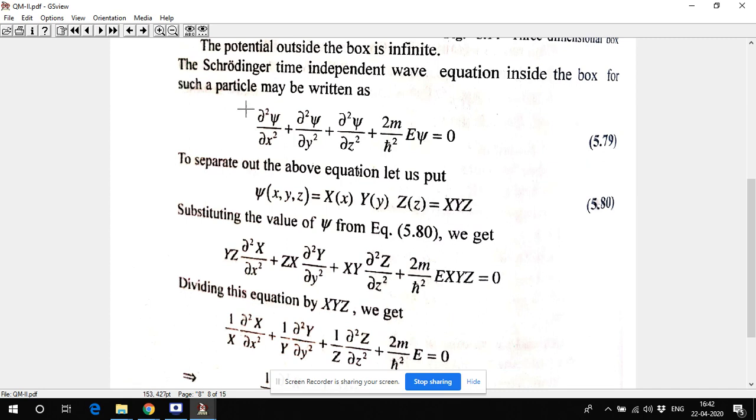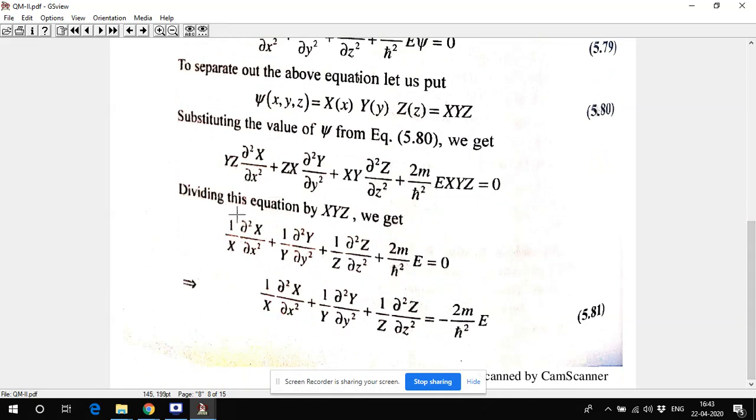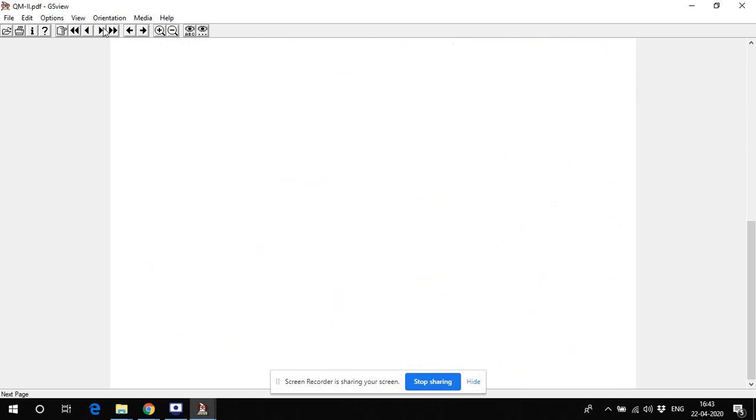If you put this XYZ over here, the del square by del x square will act only on X; YZ will be constant, so I take YZ out, and there is del square by del x square. Similarly, you can do it for the others: Z and X will be constants when differentiating Y, and so on. In this way, if you divide this equation by XYZ, I get this term dependent only on x, this term only on y, and this only on z. And that is why you can write these x, y, and z independent terms, and this is minus 2mE upon h cross square, the same constant.